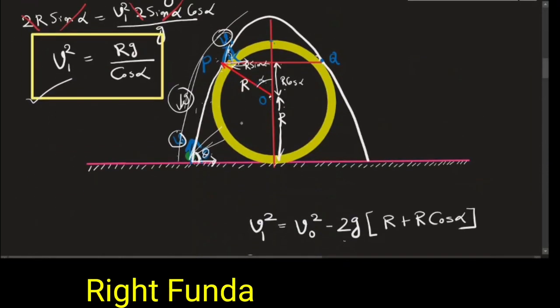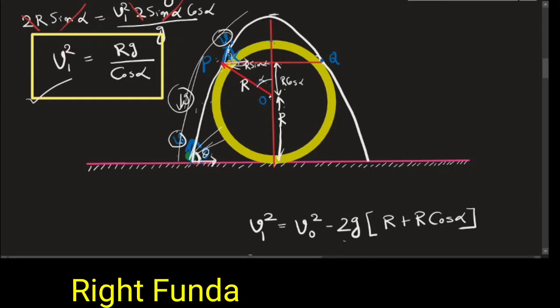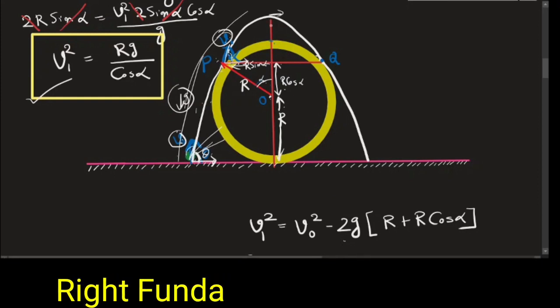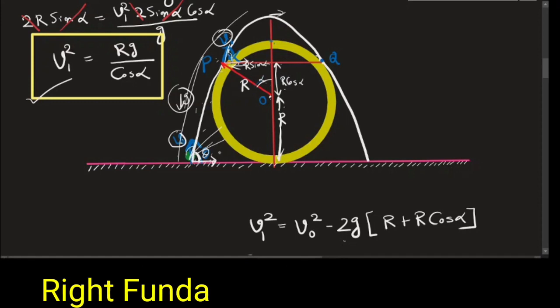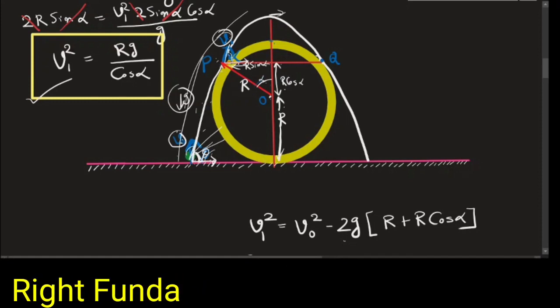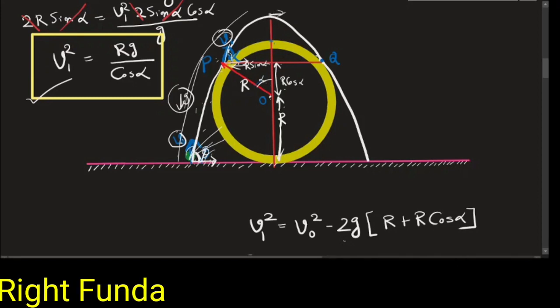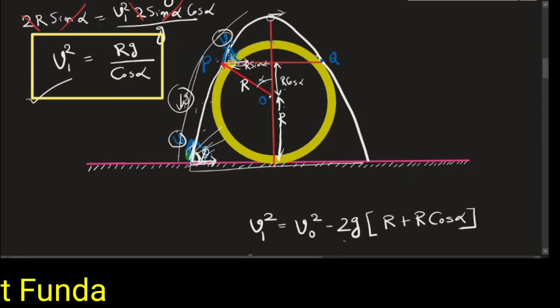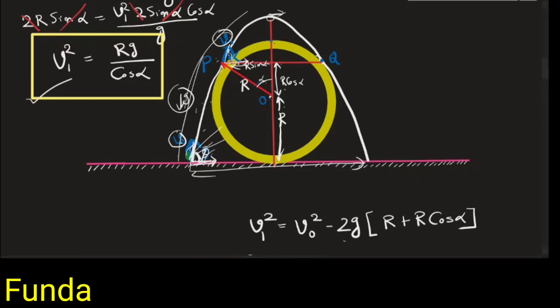One can ask what the velocity at the highest point of the trajectory is, if it is moving with the minimum speed. Because we got v naught cos theta, with v naught and theta known, this value can be calculated. What is the maximum height if it is jumping with the minimum speed? Because we have v naught and theta, we have the formula, we can calculate this also. Also you can ask, if it jumps with the minimum speed, where it will land from the starting point. Different questions can be asked.